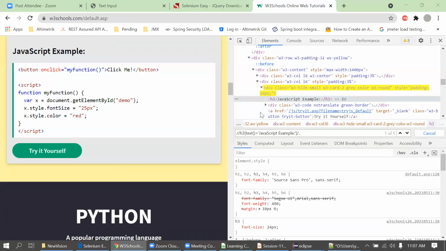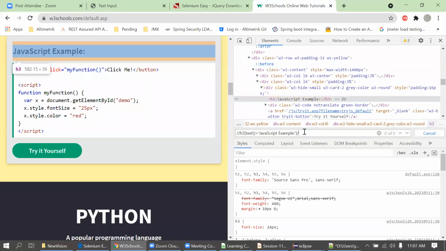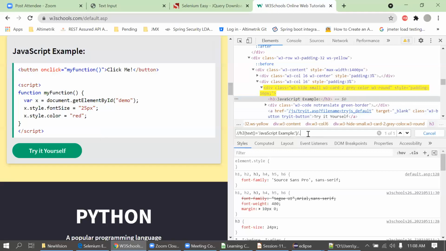Sir, if we use single dot, then what will happen? It is not supported actually. It is just pointing to itself only. Don't use single dot. Double dot is for parent. Remember this. You have to remember a few things, guys. There may be multiple operations which I have not performed, but I am just telling you the frequently used methods and operations in XPath.